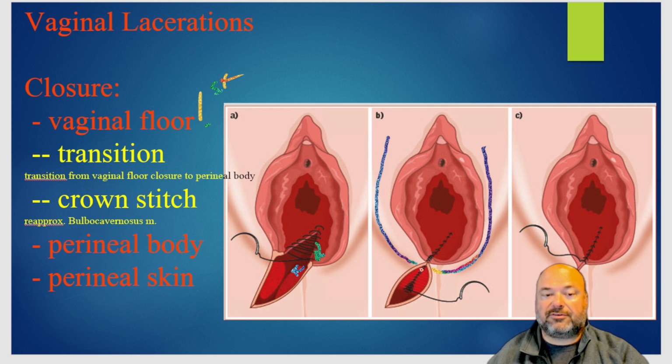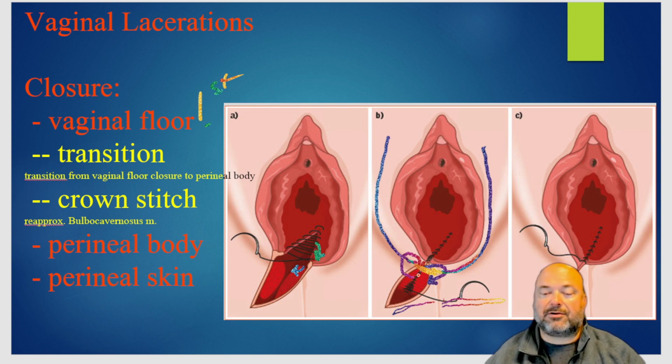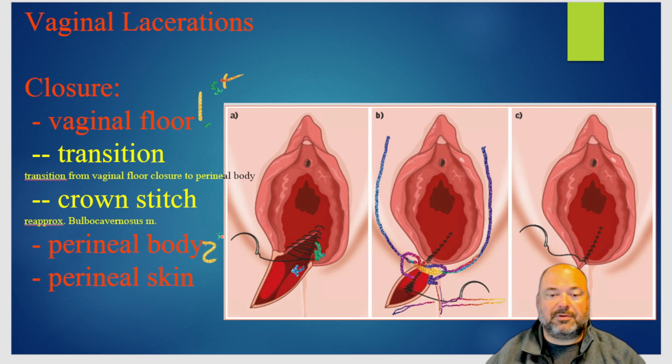So the crown stitch is to reapproximate that bulbocavernosus, coming up and getting a good bite of it here to reapproximate that and bulk up the perineal body. The transverse perineal muscle down here may be disrupted with a medial or more lateral laceration, but certainly with the midline laceration will be disrupted. But I close that just as part of our, again, second big step, the